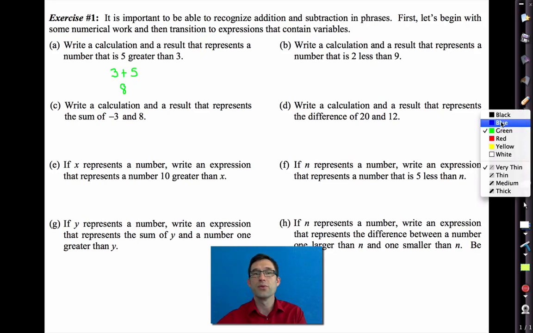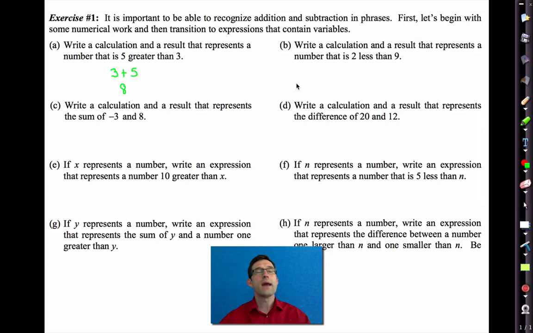Now you might say, well, I wrote down 5 plus 3 and got the same thing. But technically speaking, a number that is 5 greater than 3 is 3 plus 5. The key word there is greater. All right? Now that's important because when we look at letter B and it says write a calculation and a